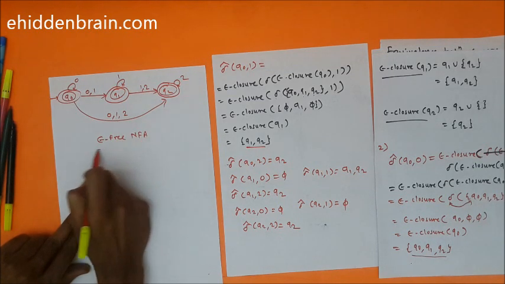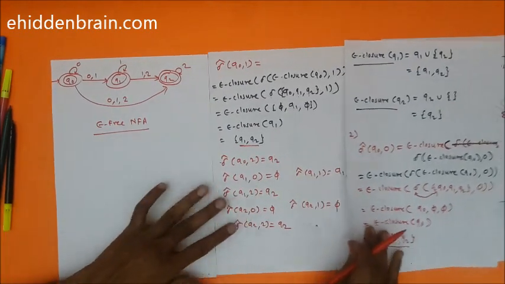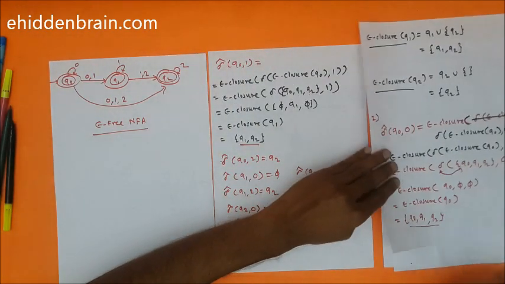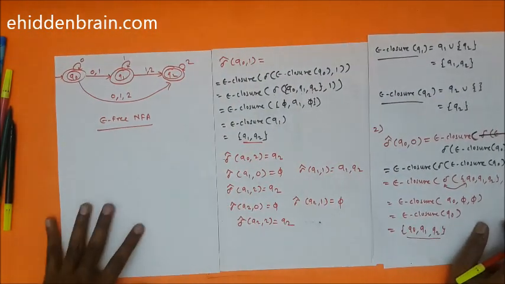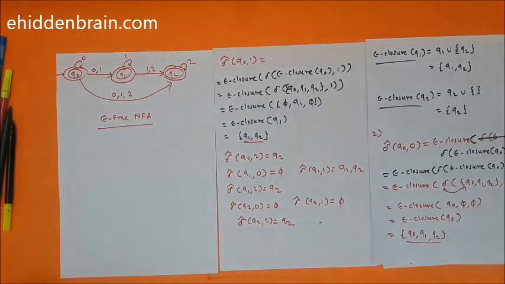I hope you understood this. Now what is the problem here? Actually this is a very lengthy process. You can see this is a very lengthy process. What I will do is, I will try to convert this to a shortcut, and in the next video you will be able to see how to draw the epsilon free NFA in very little time with a shortcut,